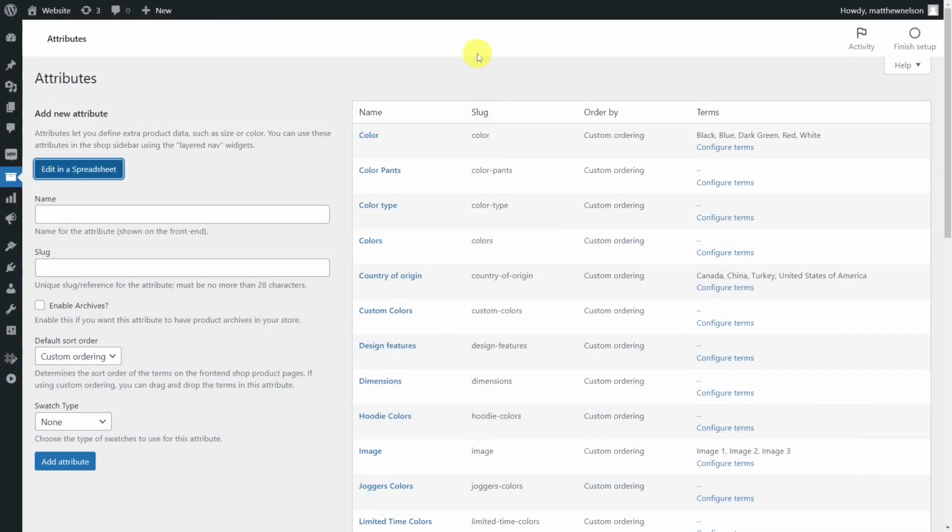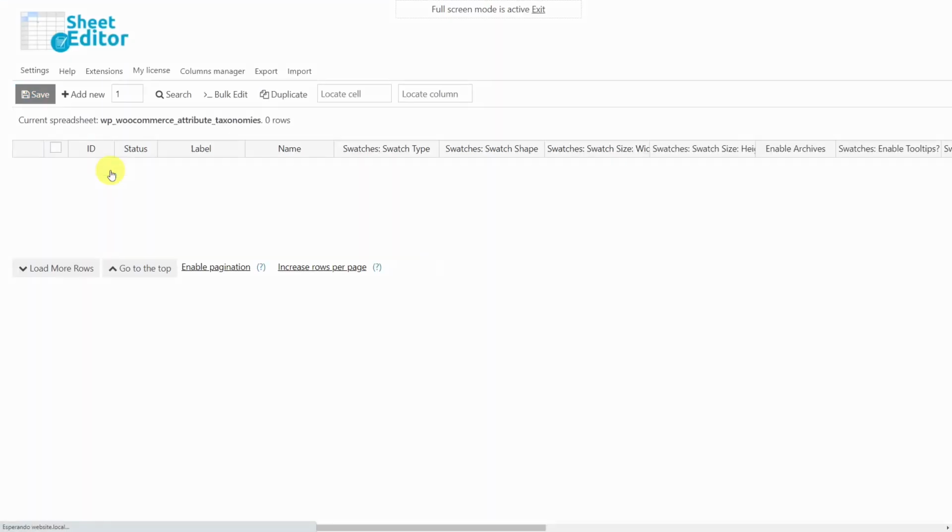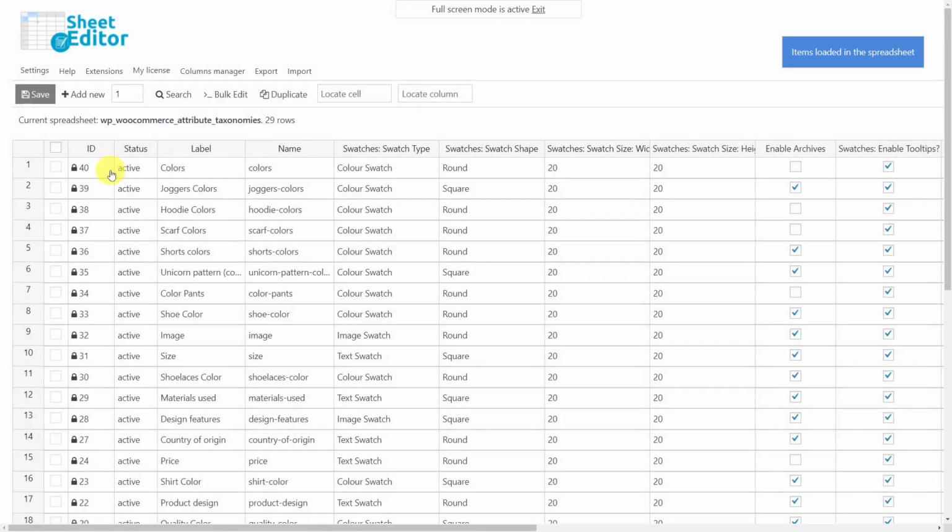Today we're going to show you how to import global attribute swatches for WooCommerce attribute swatches by Iconic WP plugin. This is very useful because you can define attribute swatches globally instead of editing products individually. For this, we'll use the taxonomy terms spreadsheet plugin, which allows you to edit hundreds of global attributes and their terms in intuitive spreadsheets. The plugin will create a spreadsheet for the global attributes and a sheet for each of